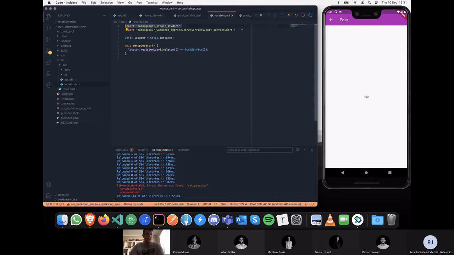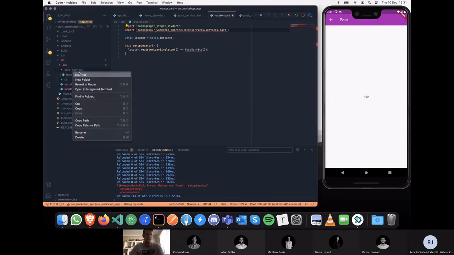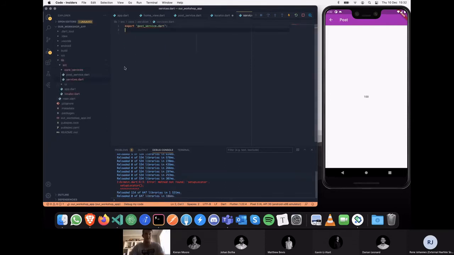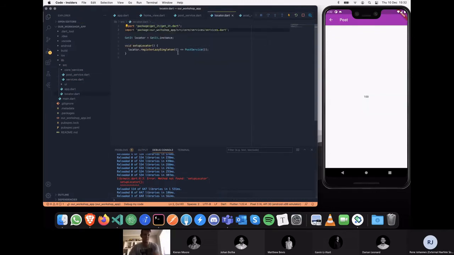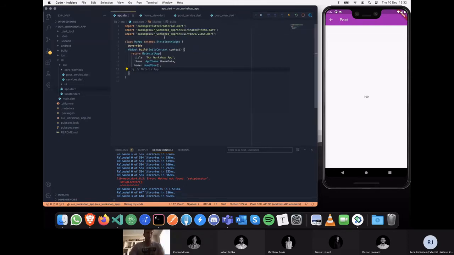So it makes sense, instead of having 10 of these where you just point to a different file, to rather have one file called services. So we go to core and we make that file. It's not necessary, but I'm just trying to show you guys how you can make this application as scalable as possible so that you can push it to the limits and everything that you need is set up. So now we have dependency injection and we have the post service registered as a singleton,